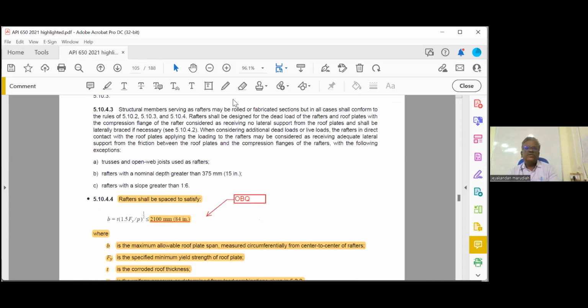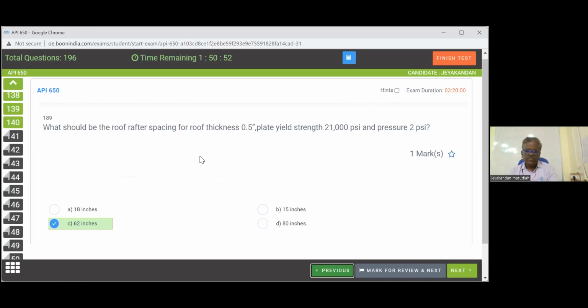Okay, so divided by P, the pressure. Okay, why is it going here? Pressure is given here as 2. Okay, multiply by, no, I have made some mistake. So square root of 1.5 into 21,000, okay, divided by,